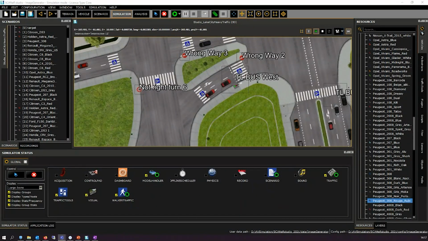Okay, so this is the interface of SCANeR Studio. I have loaded one of our scenarios that is called Lake City Heavy Traffic. And on this scenario, I will be running a visual module. So if we start the visual module right now,